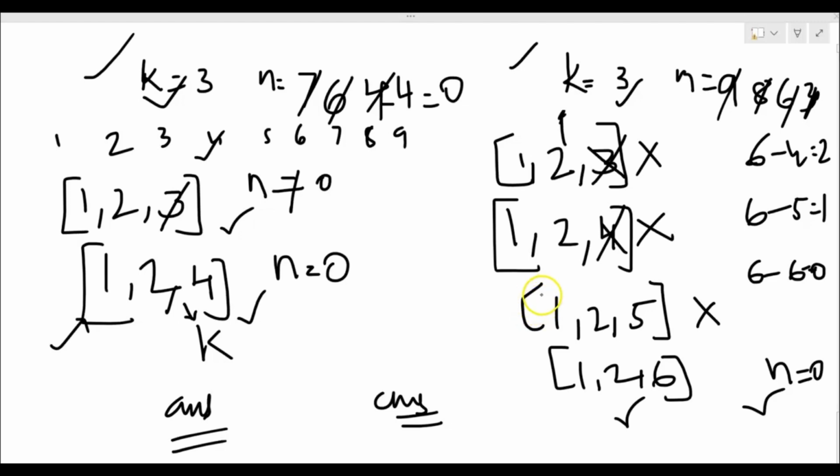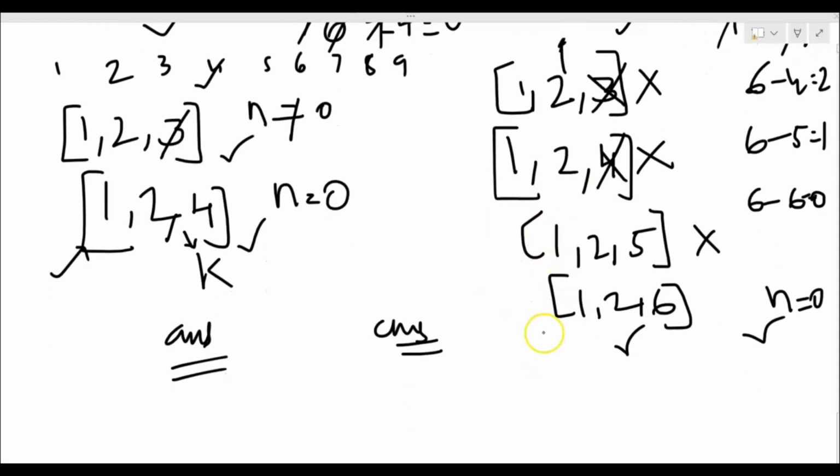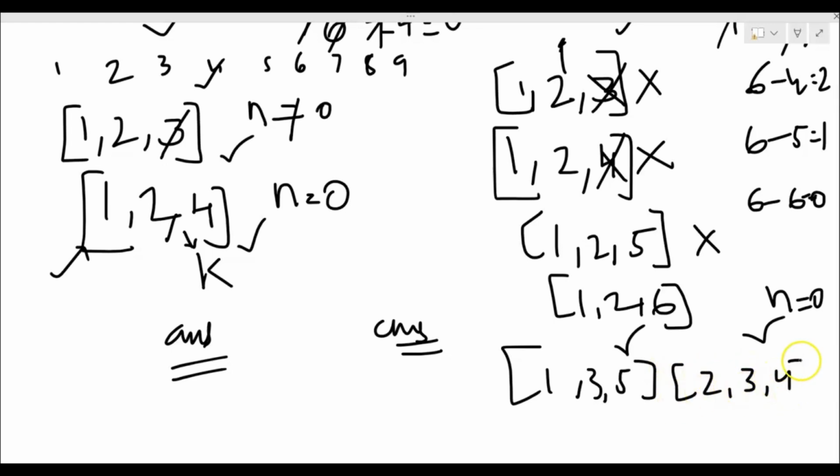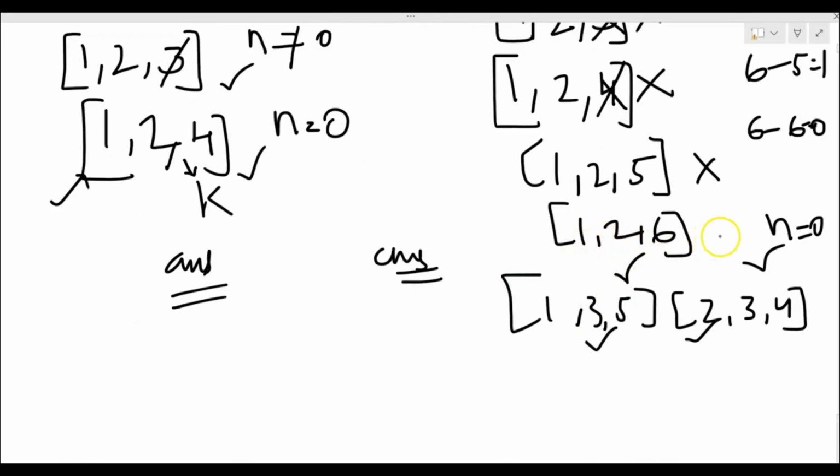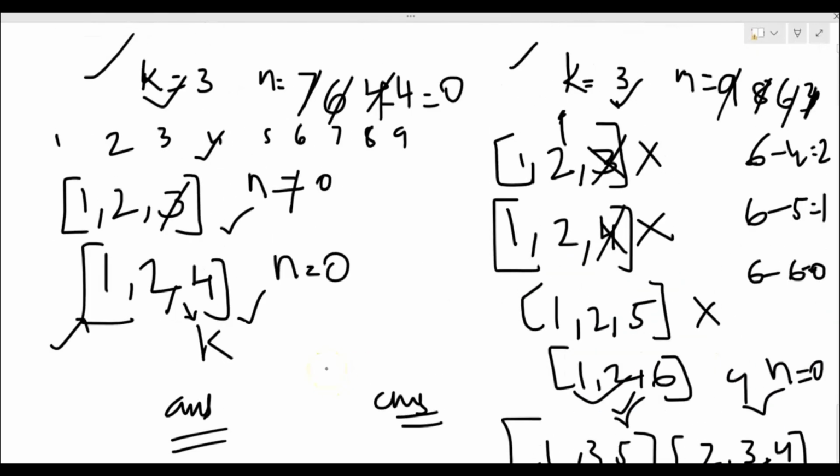In the same way, if you explore a few more combinations, we will get two other combinations for this given example, which would be 1, 3, 5 and 2, 3, 4. So these would be the two other valid combinations. Here 6 plus 2 plus 1 would give us 9, 5 plus 3 plus 1 would give us 9, and 4 plus 3 plus 2 would give us 9. So for this given example, we have three valid combinations, which are 1, 2, 6, 1, 3, 5, and 2, 3, 4. So in this way, our backtracking approach works.